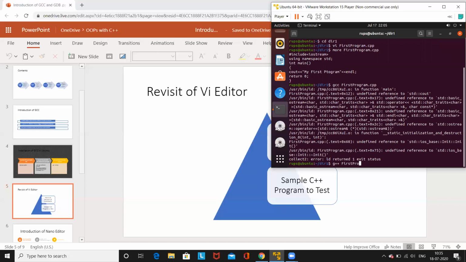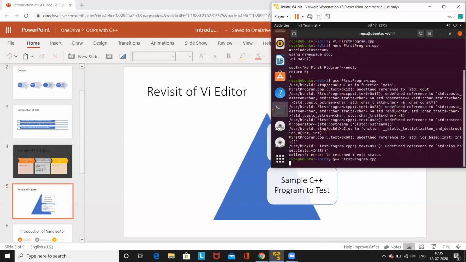If I use g++, now it has been compiled successfully. If you use GCC, then the syntax is a little bit different, and I am not going to make it complicated. That is why I have used g++ first program.cpp. So it has been successfully compiled, and now the output file has been generated.